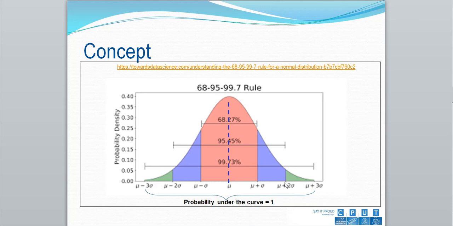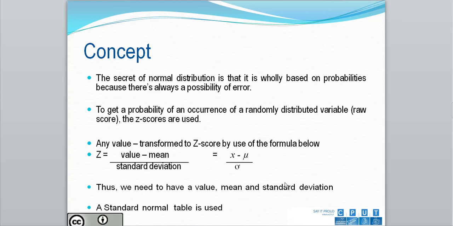What else do we need to know about normal distribution? Normal distribution is wholly based on probabilities, because there's always a possibility of an error. To get a probability of an occurrence of a randomly distributed variable, the Z-scores are used. Simply, Z-scores are the number of standard deviations from the mean of a data point. But more technically, it's a measure of how many standard deviations below or above the population mean a raw score is. And we use a formula which is Z equals X value, which is the raw score, minus mean,